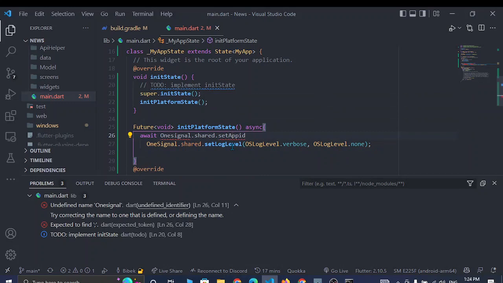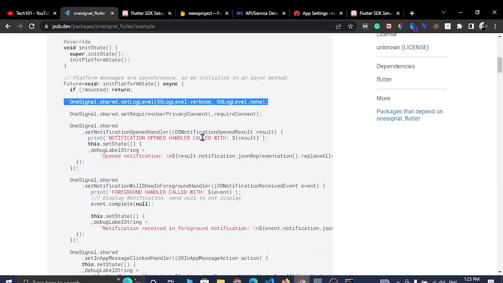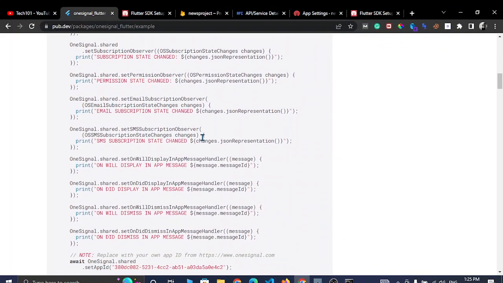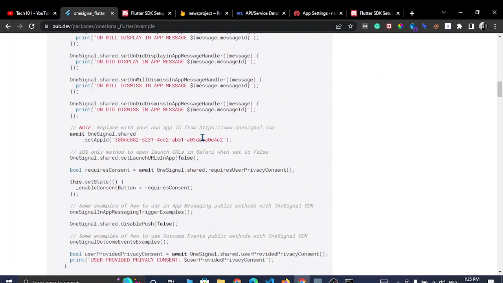I think this is going to be, actually I forgot this syntax, so okay, here is the code for this OneSignal.shared.setAppId. Okay, so let's copy this,